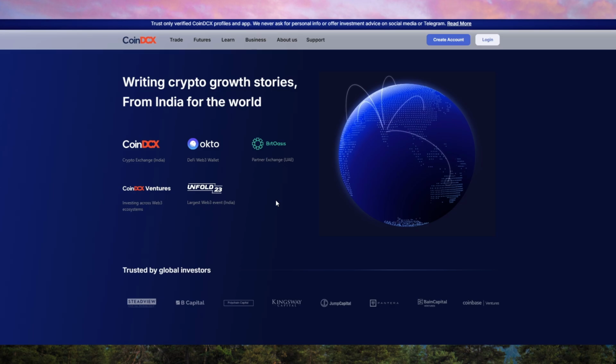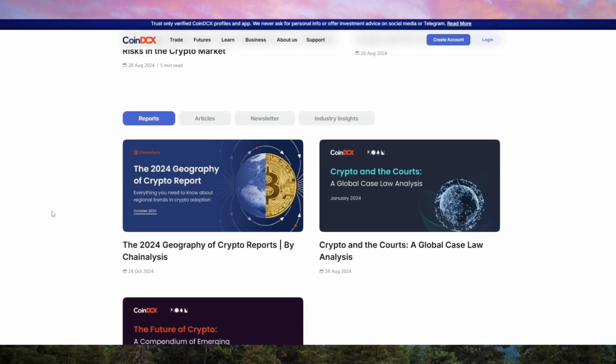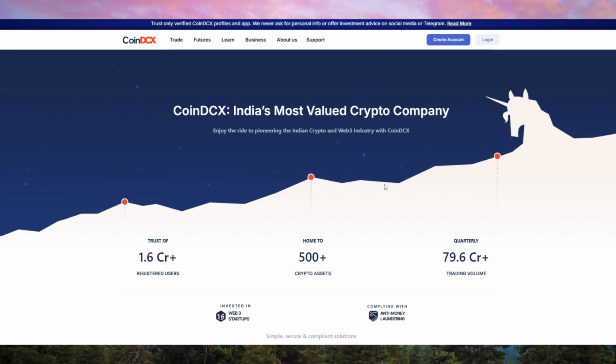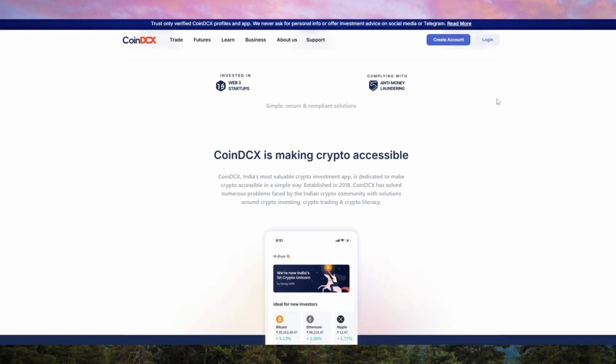CoinDCX, being a centralized exchange, has robust security measures, including two-factor authentication, 2FA, and insurance on deposits, but you're relying on CoinDCX to protect your funds, which comes with inherent risks. In terms of ease of use, Trust Wallet is incredibly simple for anyone wanting a straightforward mobile wallet with staking capabilities. CoinDCX, while easy to use for trading, can be a bit overwhelming for beginners due to its many features